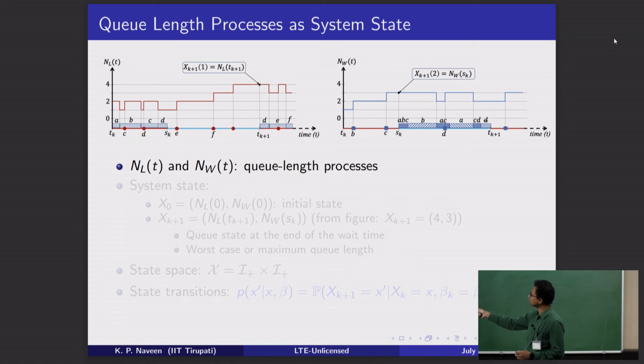Similarly for the Wi-Fi, what happens is it is waiting here, so there is no service happening. The queue will start building up, and at this transition phase from on to off, the queue length will be maximum for the Wi-Fi, okay. And when the Wi-Fi gets its chance to be serviced, the queue will start decreasing now, because some packets are getting serviced. So now